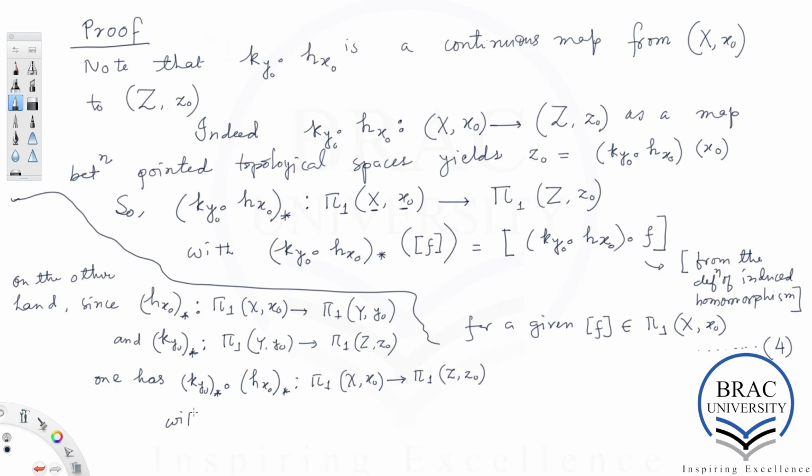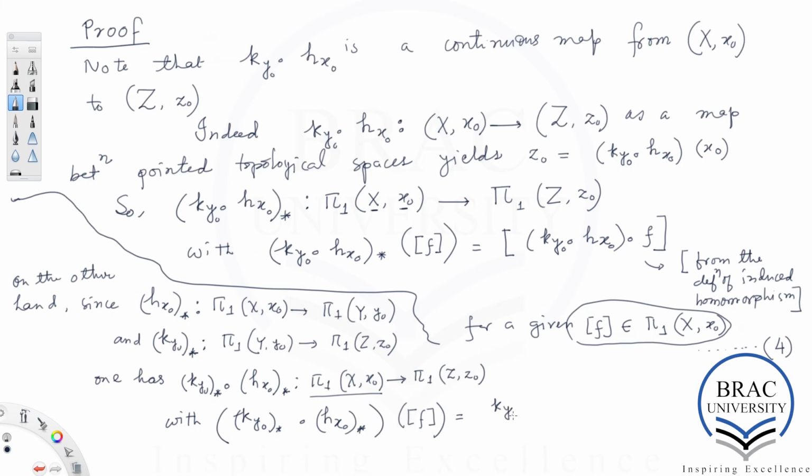This composite of group homomorphisms acting on an element of this group is, by the definition of standard composition, K sub y0 star of H sub x0 star acting on this element of the group,